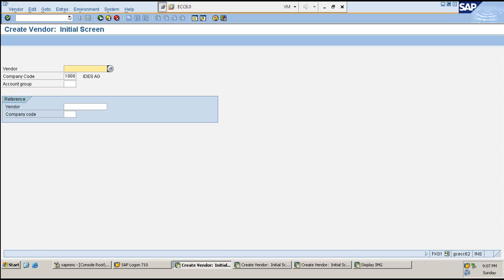This is FK01. You see this, right? This is MK01. It's yet to load. Let me refresh it across.